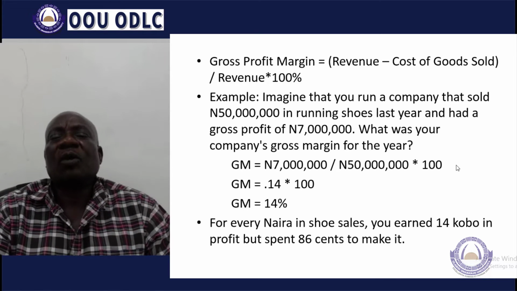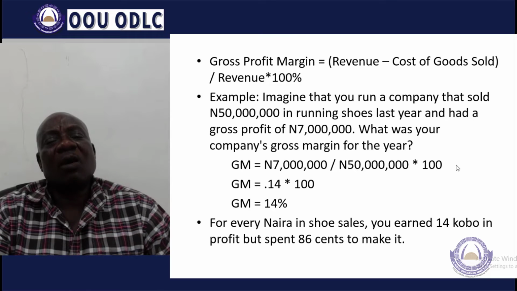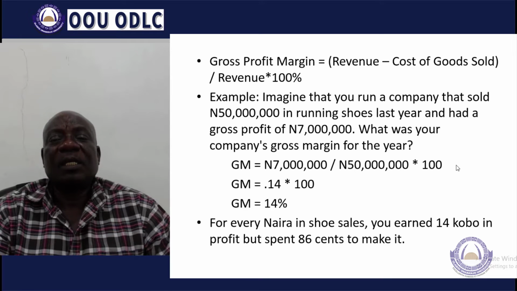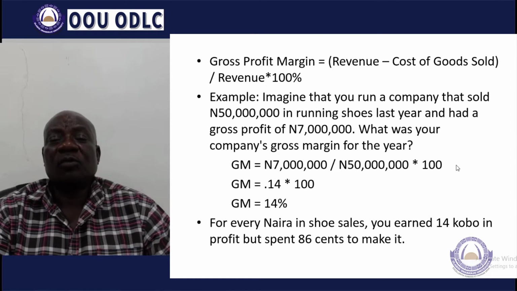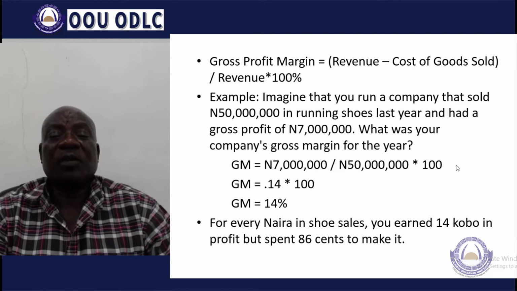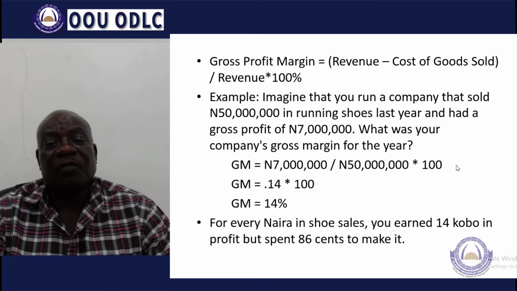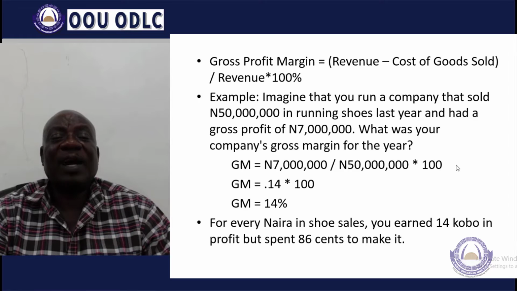For example, imagine you run a company that sold 50 million naira worth of shoes last year, and the gross profit is 7 million naira. You can see that the revenue of the company is 50 million naira. But after taking into consideration the cost of goods, let's say the cost of goods is 43 million, then the gross profit made will be 7 million naira. So what you need to do in order to determine the gross margin is to take the gross profit made of 7 million naira, divided by the revenue of 50 million, times 100, and that gives you